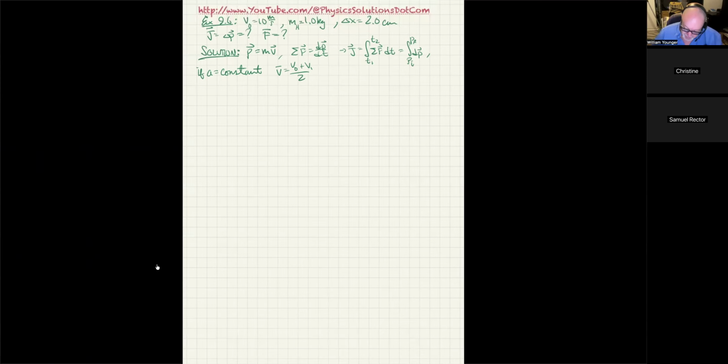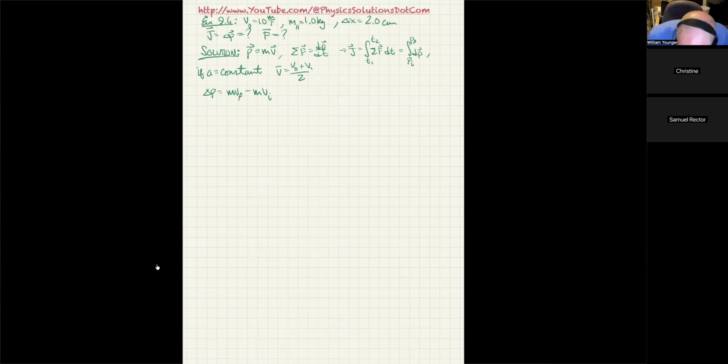So first off, we want to calculate the change in momentum, and the change in momentum, delta P, is equal to m v final minus m v initial. And this is one dimensional, so that's why I just dropped the vector symbols here. We're talking about the actual momentum change of the hand, and the momentum change of the hand is going to be a result of the force that the board applies to the hand, and of course, that's going to be equal in magnitude but opposite in direction to the force that the hand applies to the board. So we'll still get the right answer in magnitude. We'll just be working with the other one.